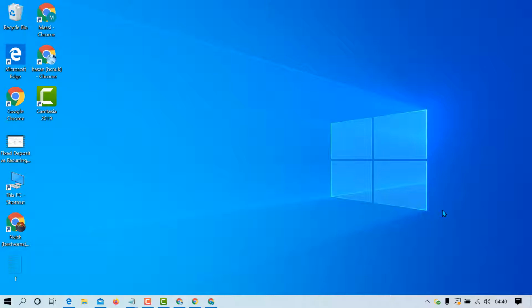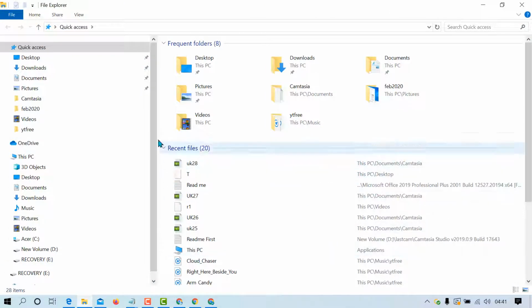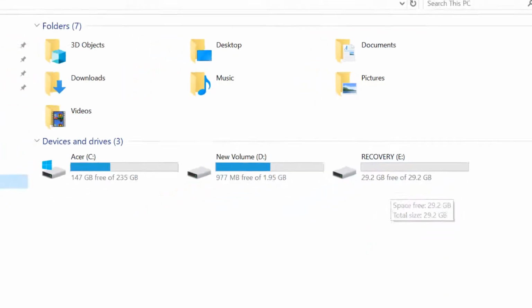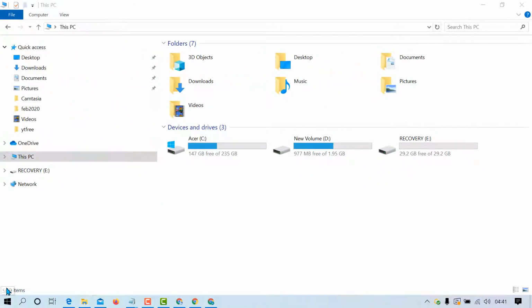Today in this video I'm gonna show you how to create a recovery disk in a Windows 10 PC. So the first thing you have to do is insert a USB drive which has about 16 GB. Like this. In my case I have a 30 GB USB, and after that click on Start